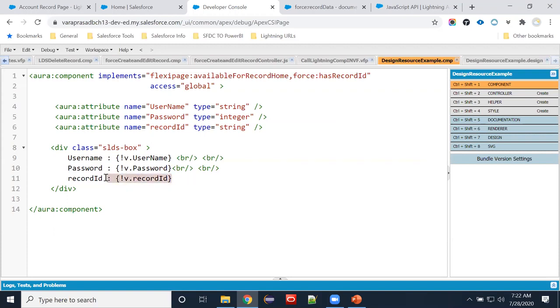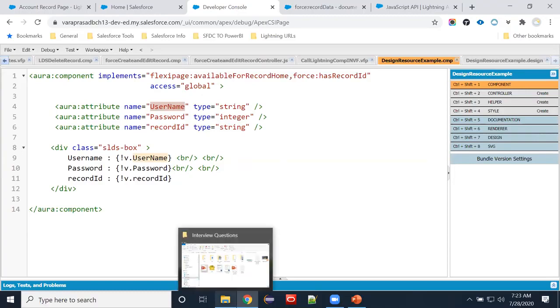Exactly. In a bound expression, for example, you are referring to this attribute in another component also. If you change the value there, it will change automatically here. That means it is a bound expression. If you change the value in that other component and it is not changing here, that means it is an unbound expression. Clear?